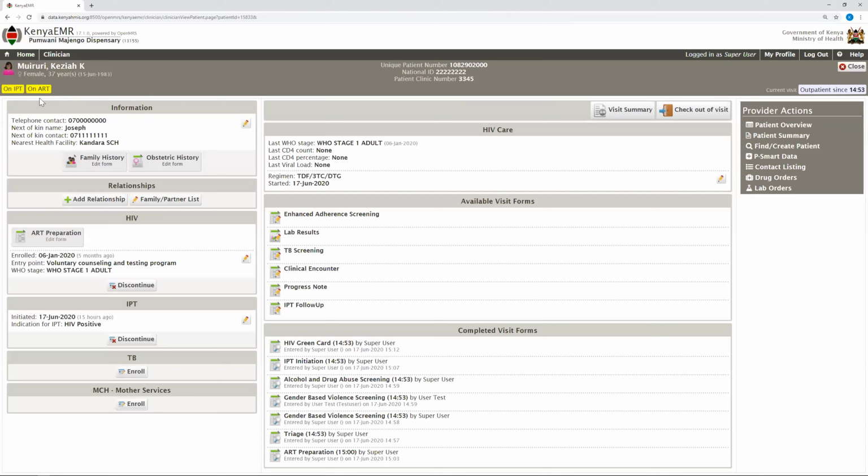So the flags will always tell you the state of the client, whether the client is on ART and also on IPT. The client is also eligible on ART. These flags will always come depending on the state of that particular client. Up to that point, we'll just now move to